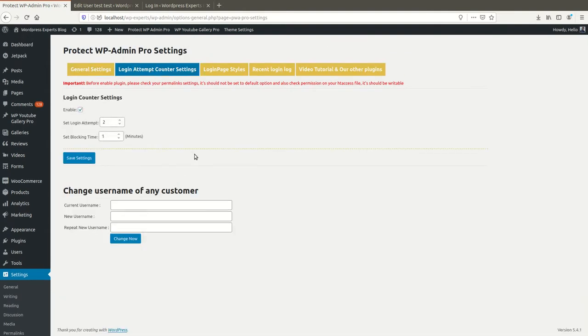Now these are the settings for the login attempt counter. In this setting we have given the login counter enable option. Let me activate it and set how many login attempts you want to allow a user into your website admin.